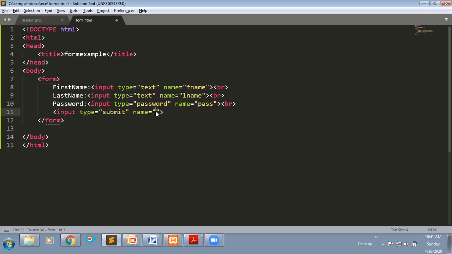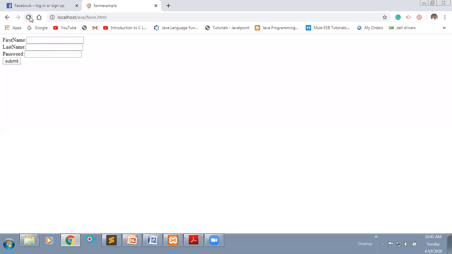Name I'm giving as submit only, and value I'm also giving as submit. Whatever value you give here is visible within the button. If I refresh this page, now you can see submit. Whatever value we give, you can see within that button.